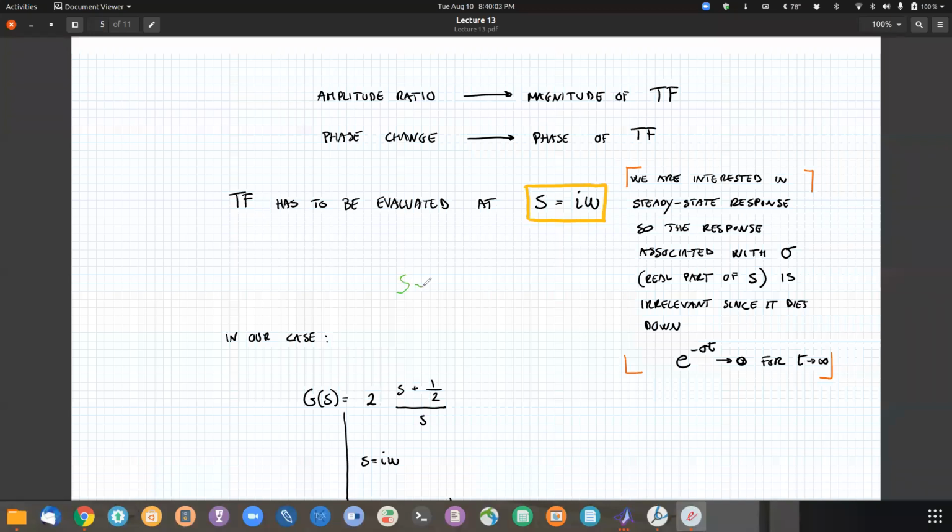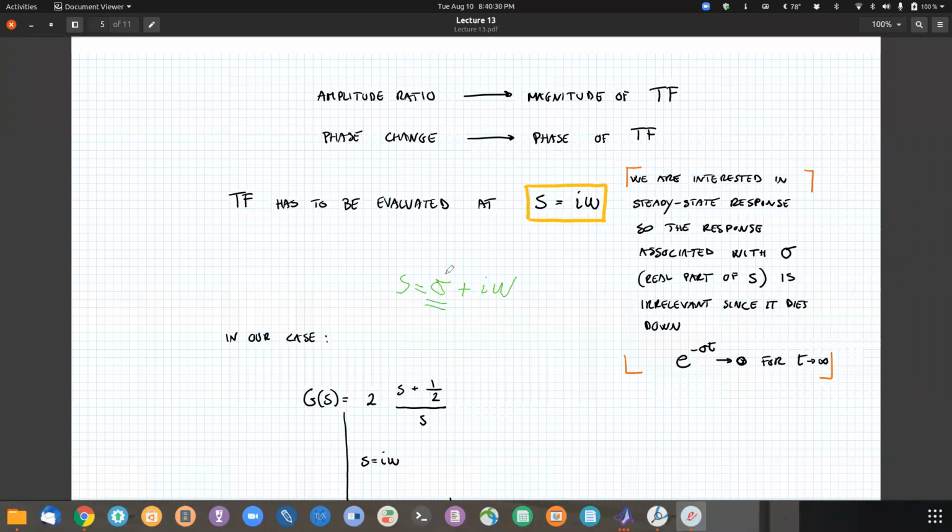So normally s has a real part plus an imaginary part. So it's sigma plus i omega. However, here we're only interested in i omega. And why is that? Well, that is because sigma,